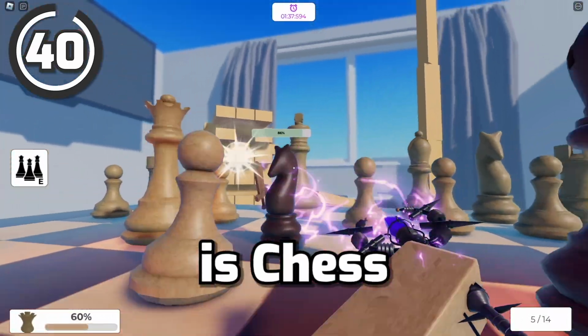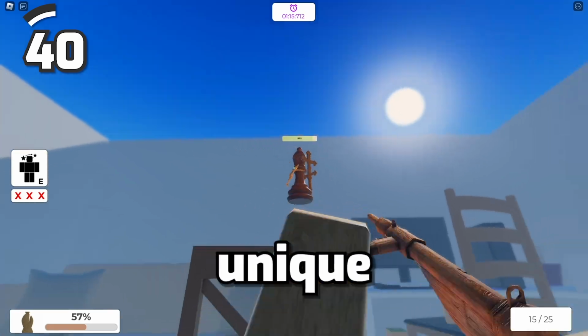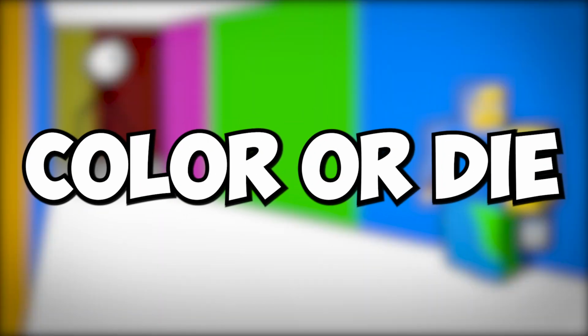This game is chess but a shooter. When you take a piece, you fight it. A really unique and cool game. In game number 41, we have Color or Die, in which you have to stand by the wall which is